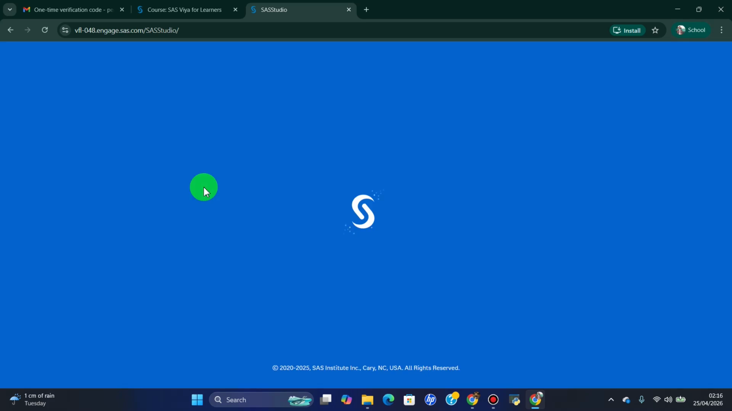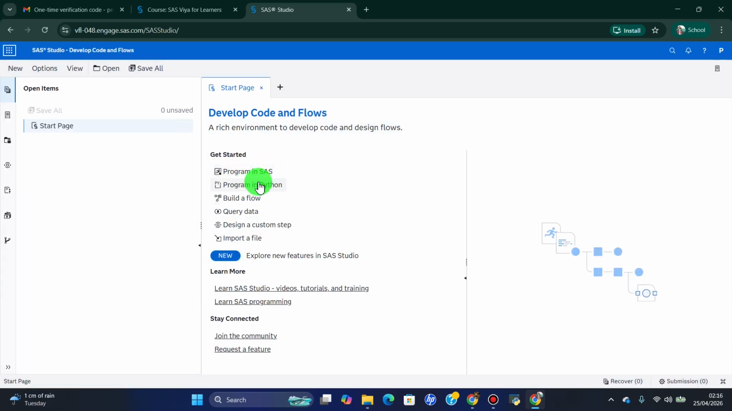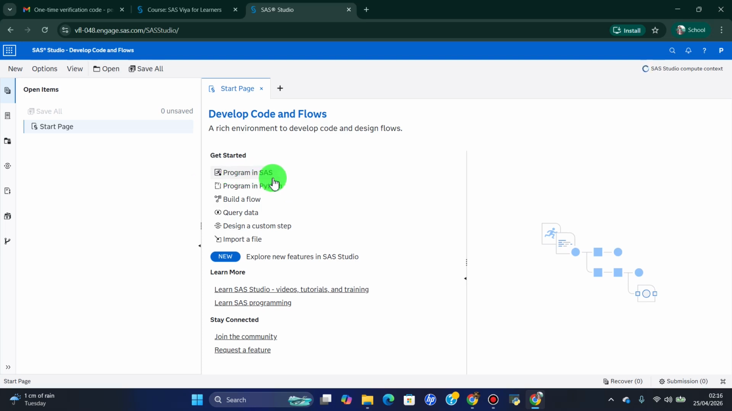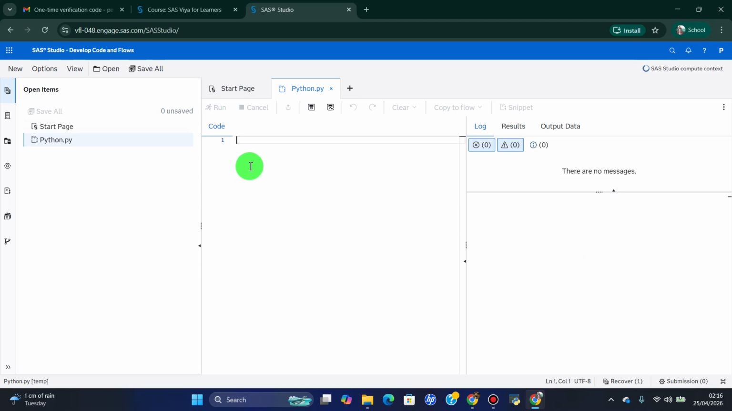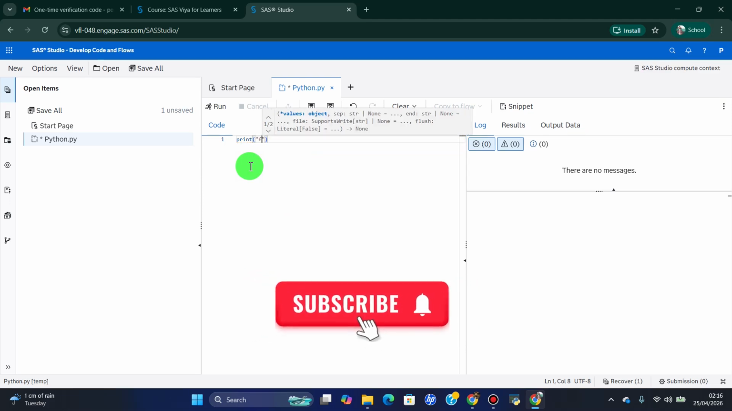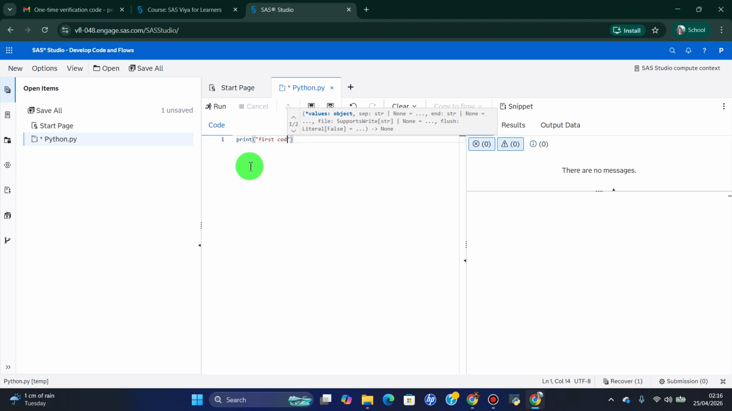Then we'll move on to Develop Code and Flows, and from here we can type our code, like Python code and other things. Here you can see we have programs in SAS and programming in Python. If you want to program in the SAS language, you can do it from here, and if you want to program in Python, we can do that as well. Let's say we want to write our first Python code in our SAS environment. We'll type print, and then we'll type first code in SAS environment,